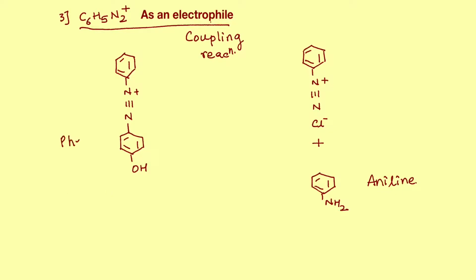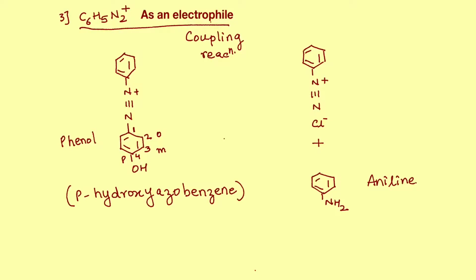So this was our phenol, but what is our final product? Now with respect to the diazo group, our OH group is, so if I am giving this as 1, 2, 3, 4 or ortho, meta, para. So this is para-hydroxy